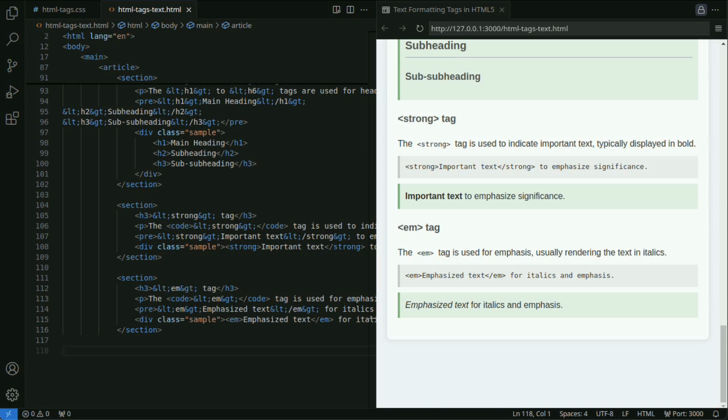The strong tag is usually displayed in bold, while the EM tag is typically displayed in italics. Both are recognized by screen readers and search engines for semantic emphasis, but strong indicates stronger importance, while EM conveys emotional emphasis. Additionally, the I tag, which will be introduced later, simply italicizes text and does not provide semantic emphasis.